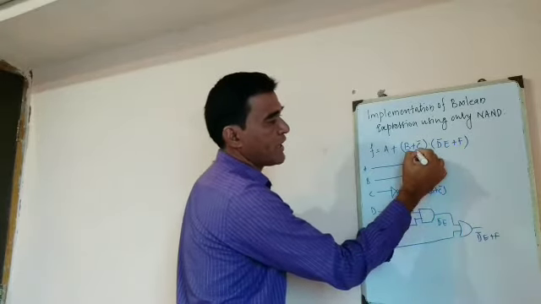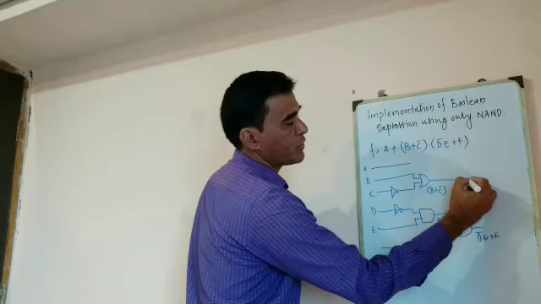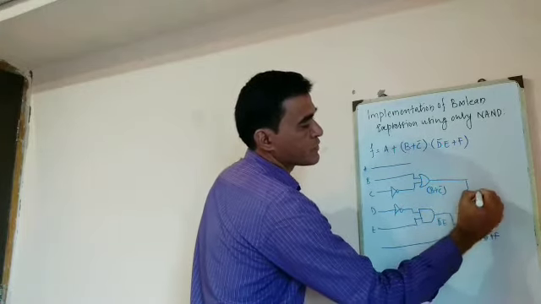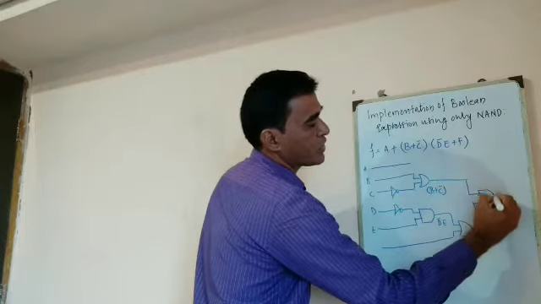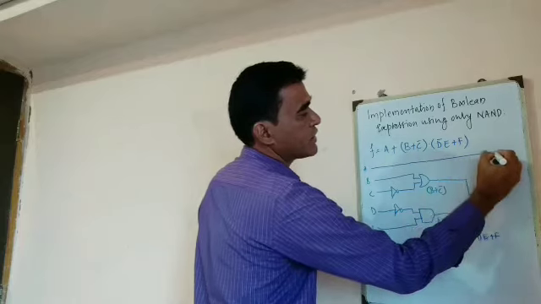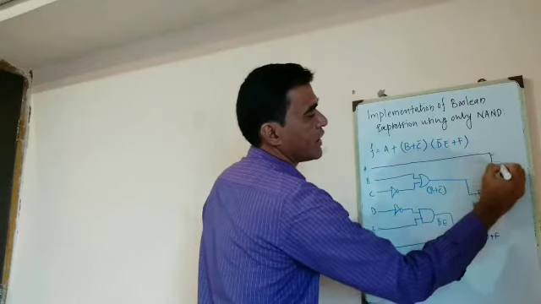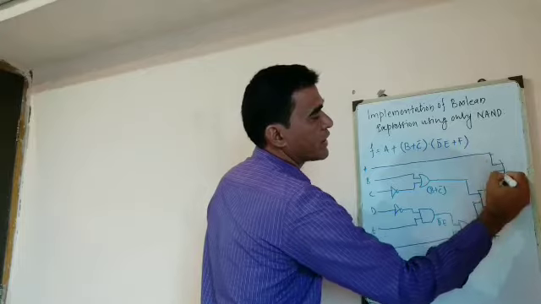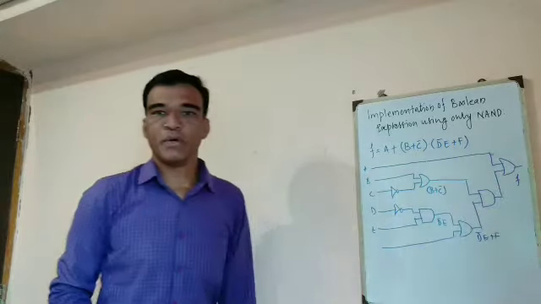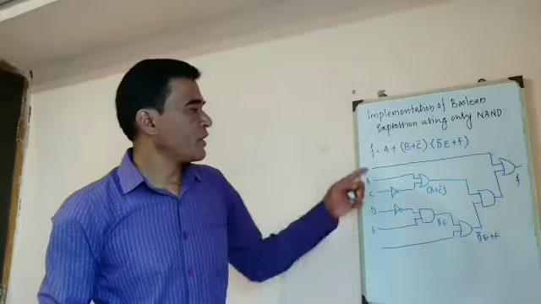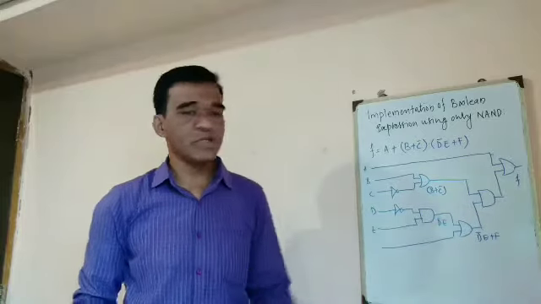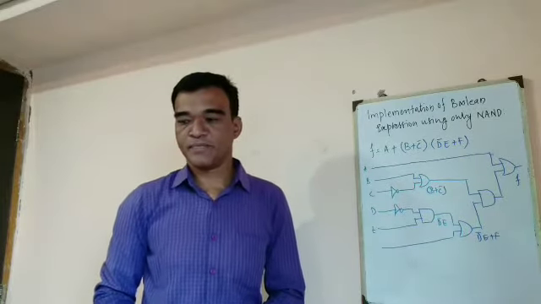Now this is multiplied by B plus C bar. So I need to use the AND gate here. So this is the AND gate, and output you will get which is product of these two, which is added with A. I need to use the OR gate here. And here is the output which is the given Boolean function. Now A is added with this product. So this product is achieved through these basic gates.